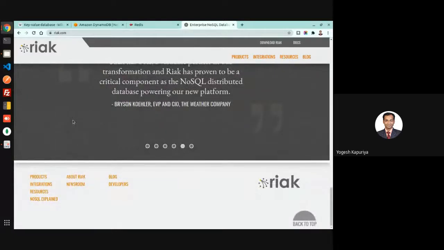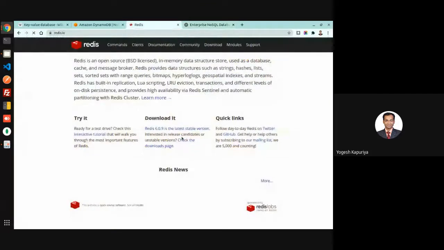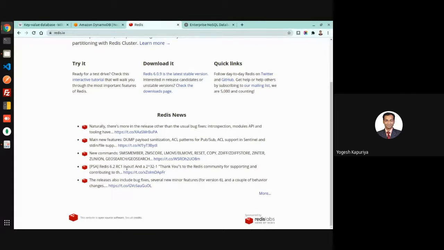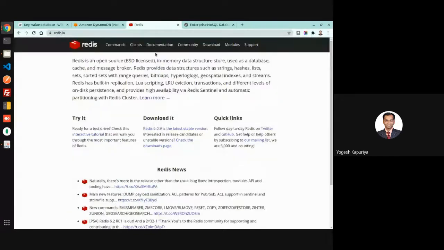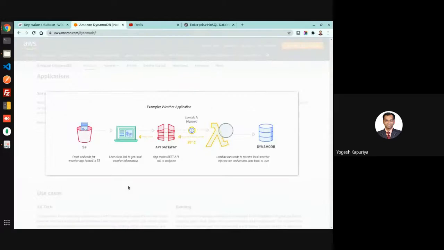The financial model of this technology is based on that. So most of the time, here also you will find the open source version, and then if you want some enterprise support, then you have to pay for it. So this is how it works. From a learning perspective, you can start learning any of these. And I think this is Dynamo, Amazon Dynamo. So there are various use cases where this kind of database is applicable.